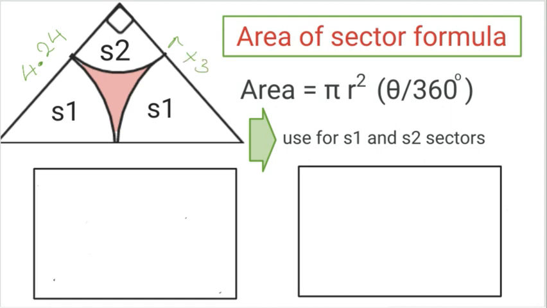Okay, this angle is 90. The triangle is isosceles, so that side and that side are the same, and the base angles will be the same as well. So we're going to get this angle here will be 45 degrees, as if we call this side Y and this side Y, and we can say that 180 degrees minus 90